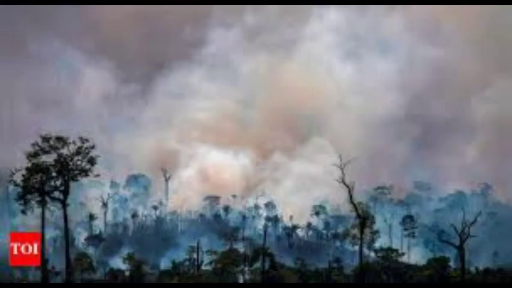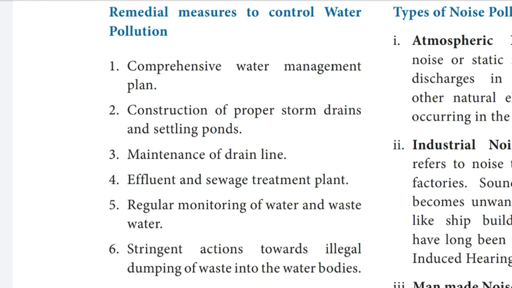Fourth, destruction of ecosystem. Ecosystems can be severely destroyed by water pollution. Many areas are now being affected by careless human pollution and this pollution is coming back to hurt humans in many ways. Remedial measures to control water pollution.